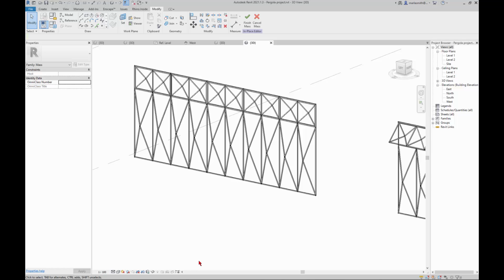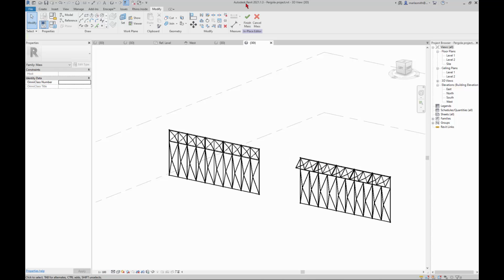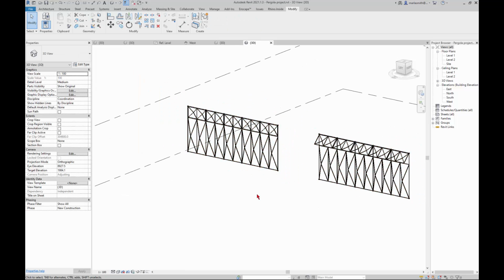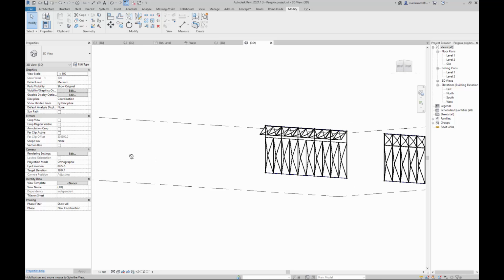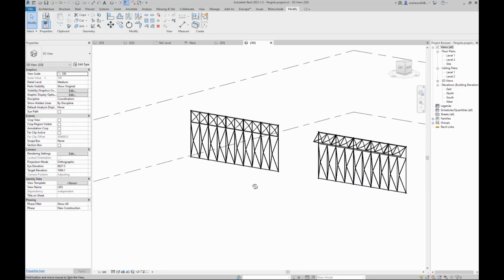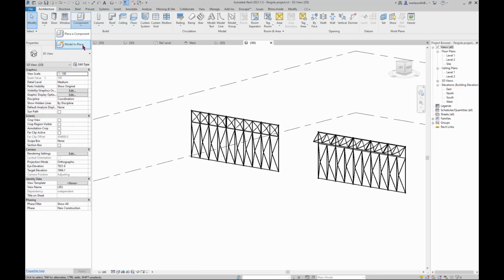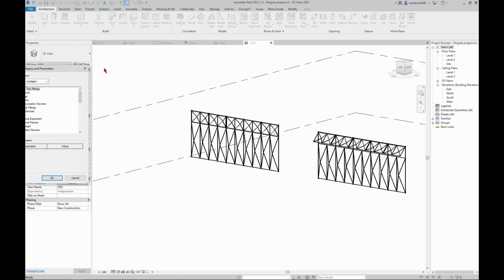Anyway, I think, what is the second panel? We can certainly do the first panel if you want to do that as well, but here's the second panel, open and closed, and it's in a project. The way that you would put this in the project is you would go to Architecture, Component, Model in Place, and